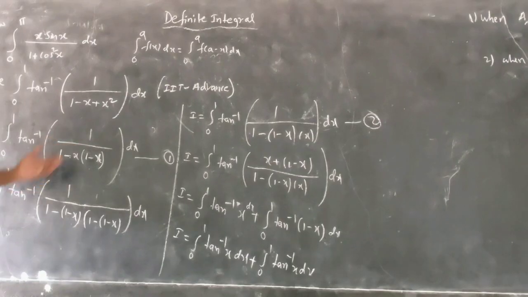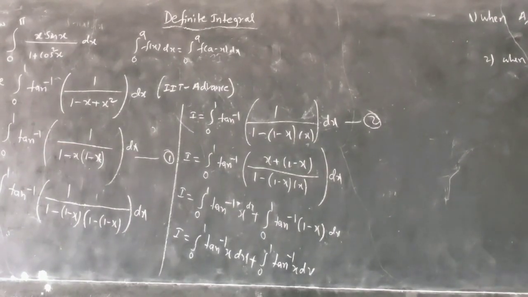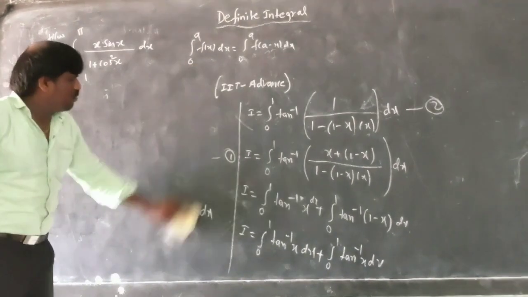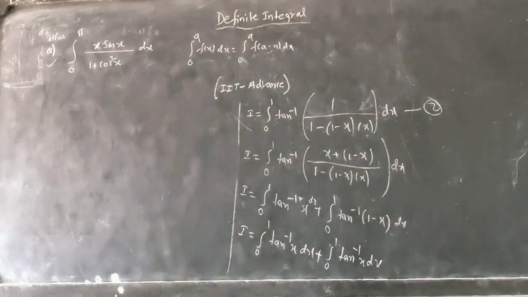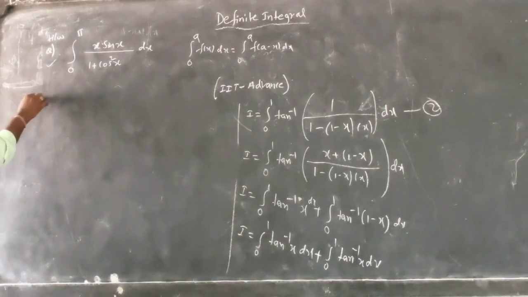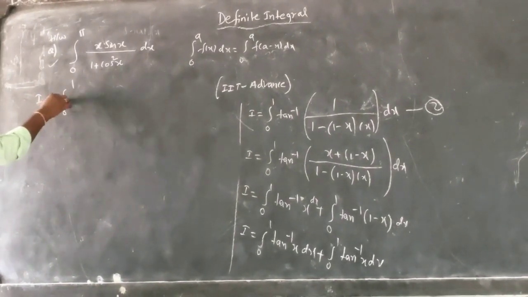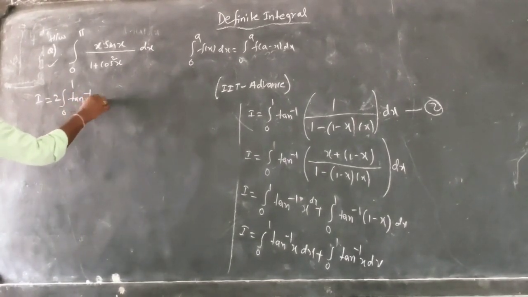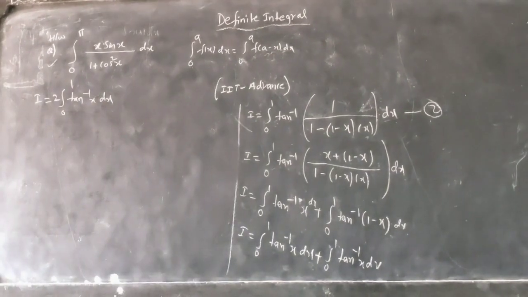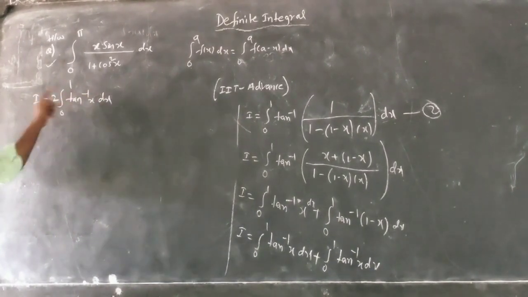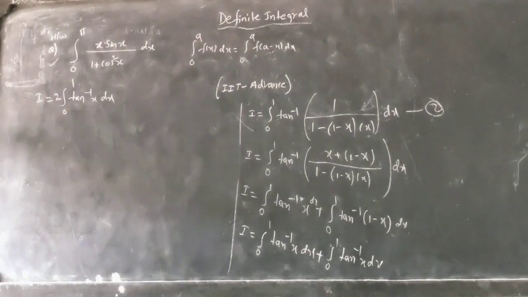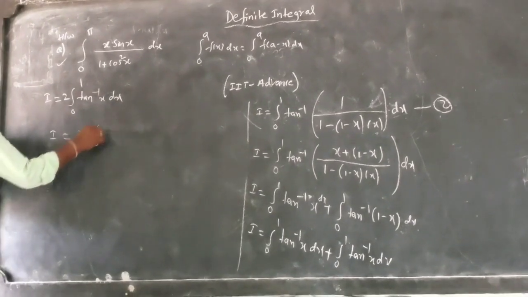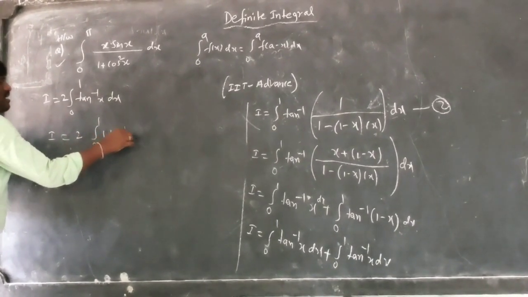I'll write here. Take a screenshot of this page, I am going to explain here. Okay, let's see how to solve this problem. I'll do this problem very quickly. So here, integration I is equal to integration 0 to 1, 2 times tan inverse x dx. Now what I do here is integration by parts. This question can be solved by integration by parts, right? Integration I is equal to 2 into integration 0 to 1 tan inverse x dx.